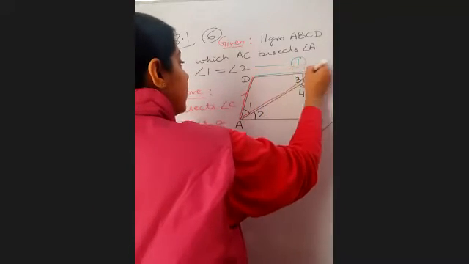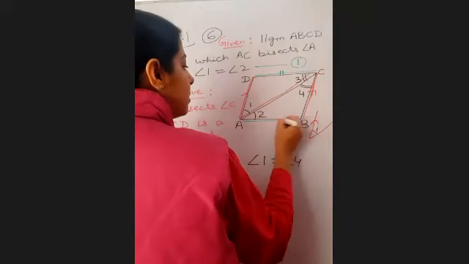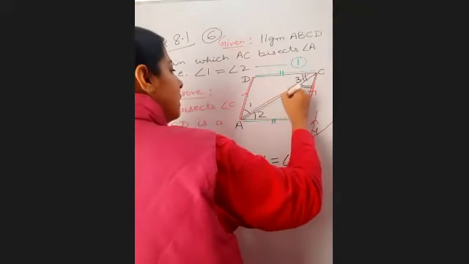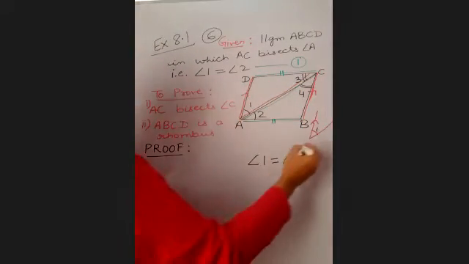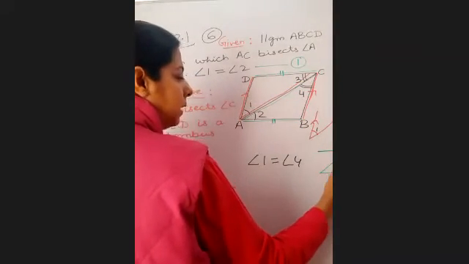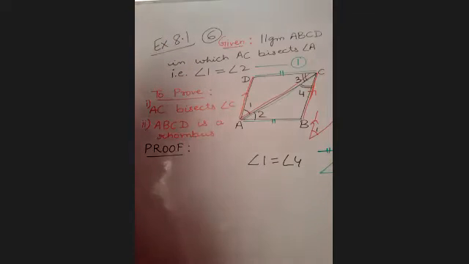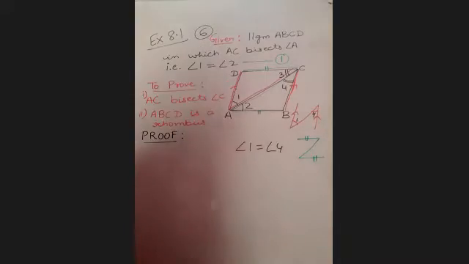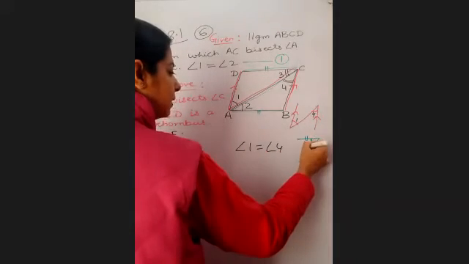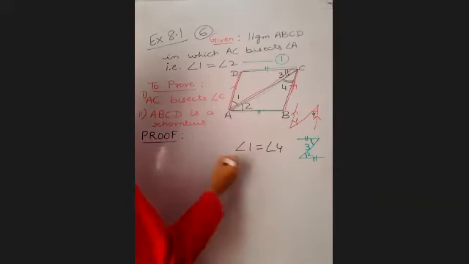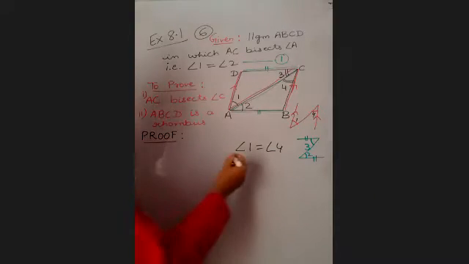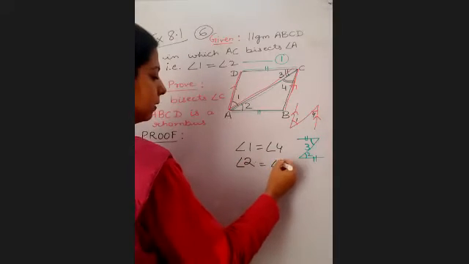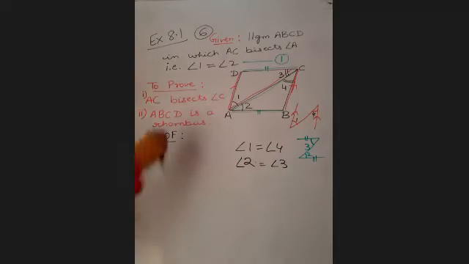Similarly, this DC is parallel to this AB. So there is one more Z which is being formed. This is the shape of that Z. I'm marking in different colors so that you know. So which two angles are going to be equal here? Angle 3 and angle 2. So we get angle 3 is also equal to angle 2, children. Or I can say angle 2 is equal to angle 3. Now